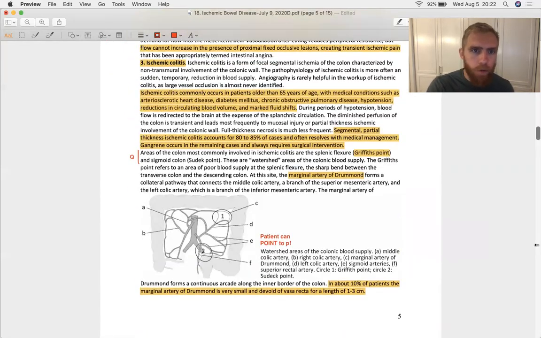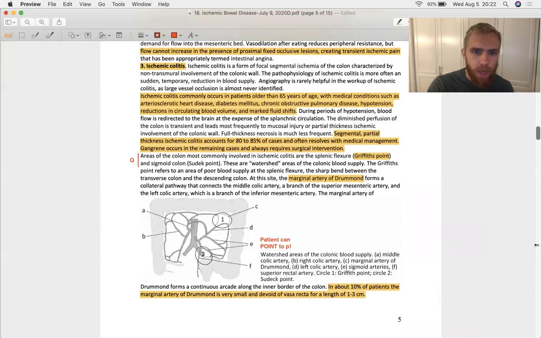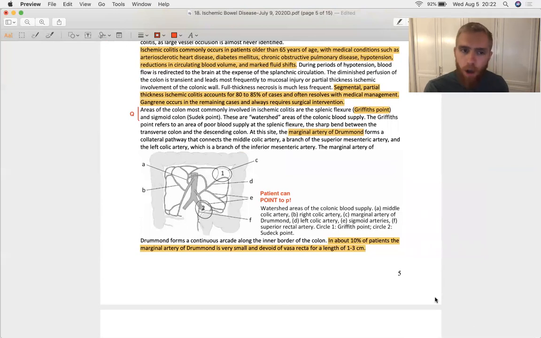And then we talked for a little bit about ischemic colitis in this SDL. Ischemic colitis is ischemia of the large bowel, which is not as common as small bowel ischemia, probably 4 or 5 cases of small gut ischemia for every 1 case of ischemic colitis. The big difference is that ischemic colitis is typically pretty localized. The patient's able to point to some left upper or left lower quadrant pain, and it's because there are these 2 watershed areas of the colonic blood supply that preferentially go ischemic first